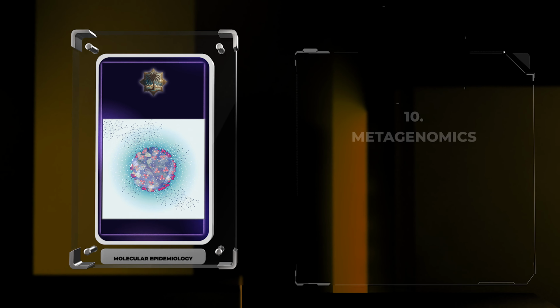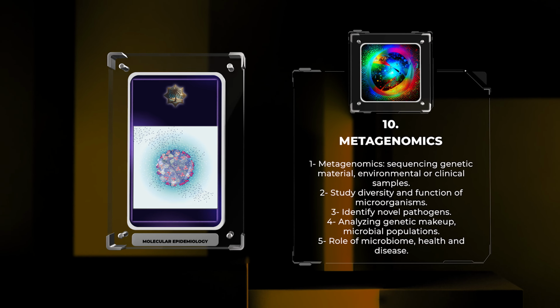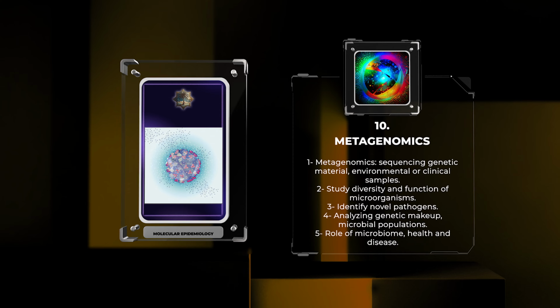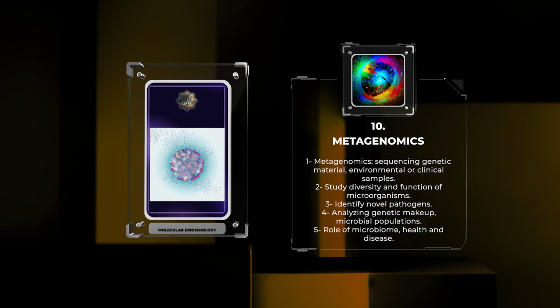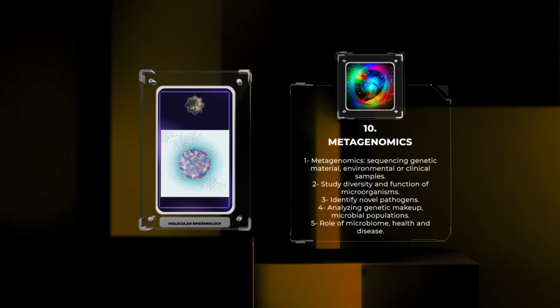Metagenomics is a powerful technique that involves sequencing the genetic material obtained directly from environmental or clinical samples. It allows us to study the diversity and function of microorganisms and identify novel pathogens. By analyzing the genetic makeup of microbial populations, we can gain insights into the role of the microbiome in health